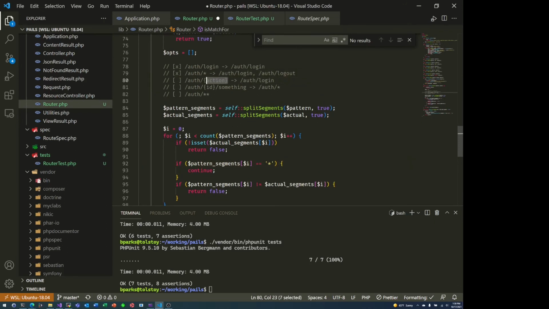So now this one's a little bit different. This one, we will still be playing with this branch of the if, but instead of just continuing, we actually might just create another one up here. Basically, if it starts and ends with curly braces, then everything in between is going to be a name in this ops array, a key in the ops array, and the actual segment is going to be the value. So let's write